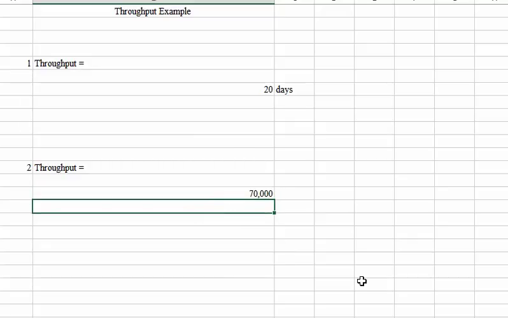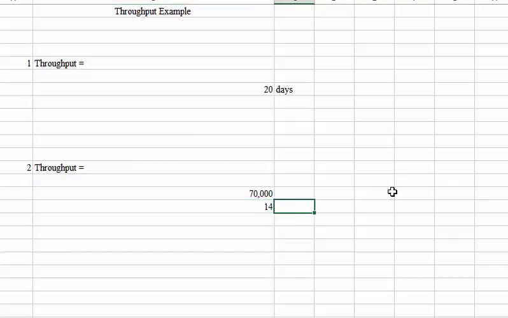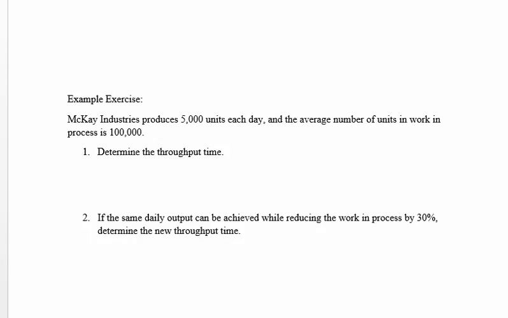Okay, so if we want to know throughput, we'll take that 70,000 divided by the average number that we're producing each day, which was 5,000. And that gets our throughput down to 14 days, down from 20. So what they're saying is really reducing the average number of units in work in process can really reduce your throughput time. Well, how do you do that? The book talks about just-in-time manufacturing,